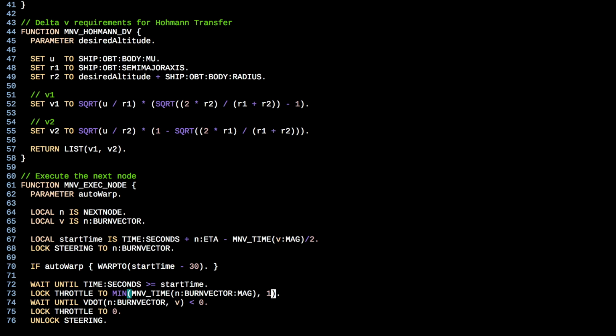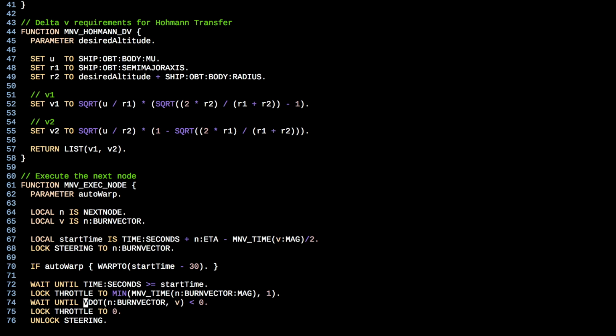But what this is going to do is it's going to say, okay, when our time to complete the maneuver is less than a second, let's throttle back. Right? So if it's only going to take us half a second to complete the burn, well, let's actually go ahead and throttle down to half. That way we make sure that we don't overshoot. And this actually comes straight out of the kOS docs. There's a little tutorial on executing maneuver nodes, and this was a very cool strategy. So I like this. So this just kind of eases us back when we're close to the end of our